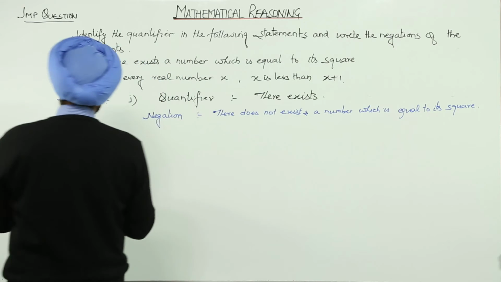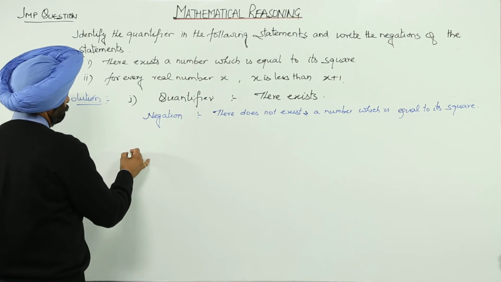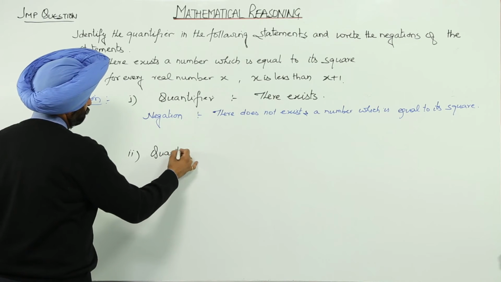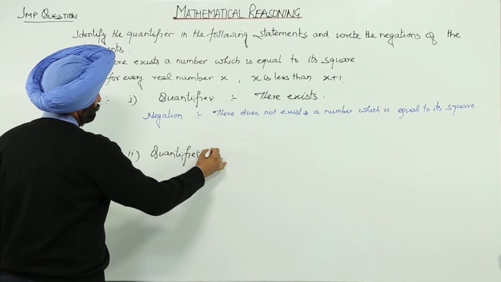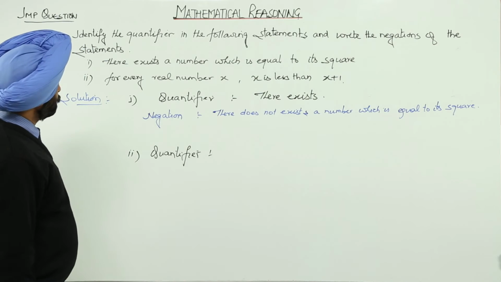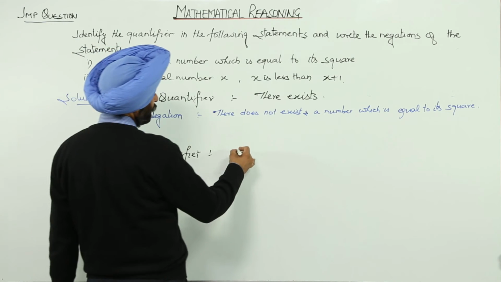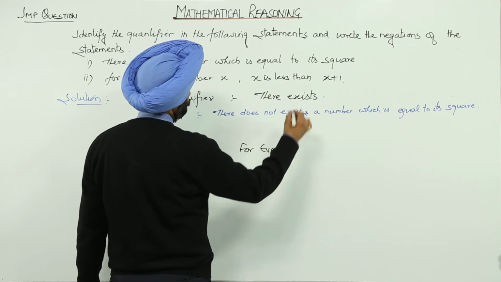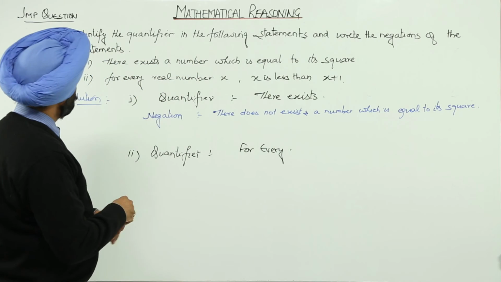Now number 2, now here the quantifier is, it is written for every real number, for every, okay, and the negation will be